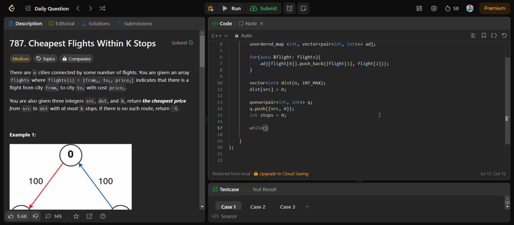After that, we will implement a while loop. So while queue is not empty and stops is less than or equal to k, we will create a new variable, let's call it size, and it will take the value of q dot size, and while size tends to 0,